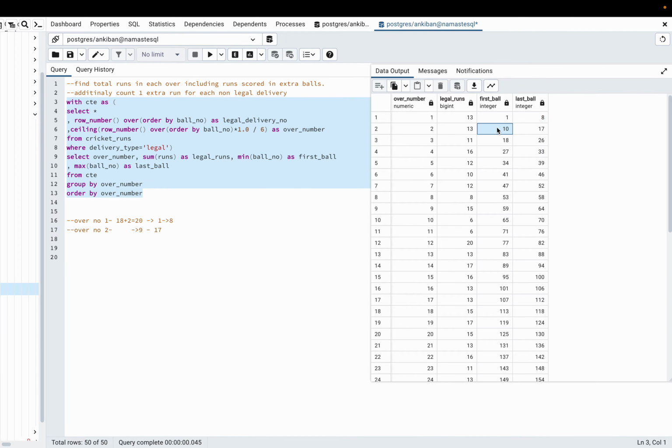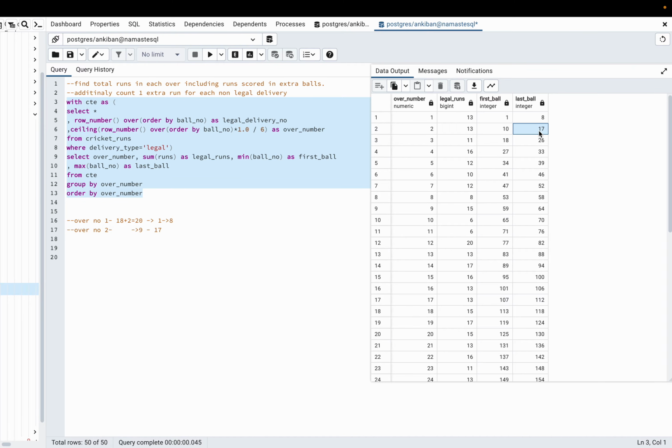Instead of saying the first legal delivery of that over, we will say the last legal delivery of the previous over. So I can say after 8, so greater than 8, right, and less than or equal to 17, all the balls will be of that over, right. So from the previous last ball till this over's last ball.